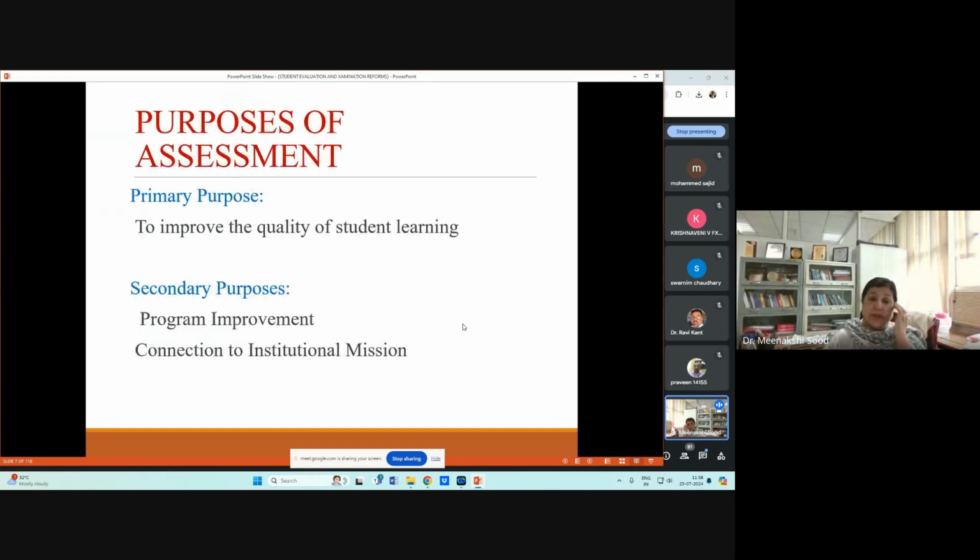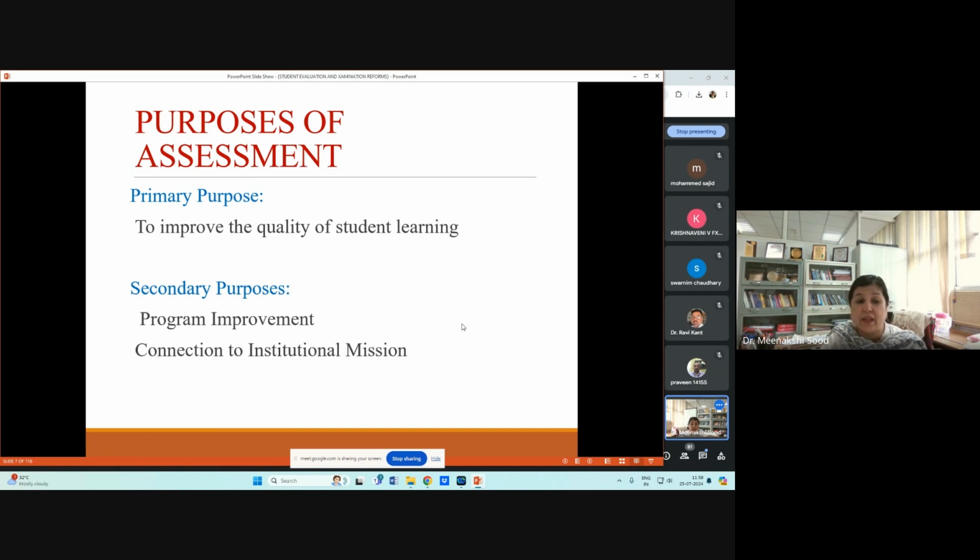So this is what we understand by assessment, and we all know what the purpose is. If we are talking about student assessment, the primary purpose is not only to assess but a step forward, that is to improve the quality, because when we assess we will come to know the level of performance, where the problem is, where there is a gap. Then we can come up with some actions, certain modalities to improve the students' performance, so students' learning. So the primary purpose is to improve the quality